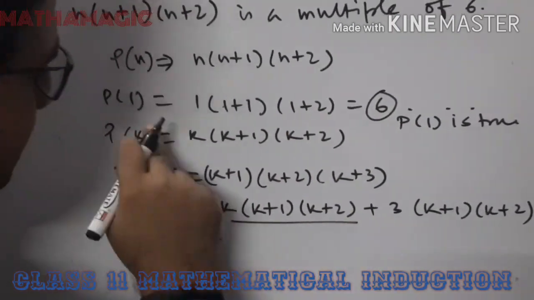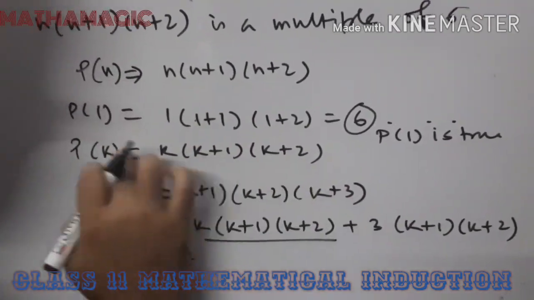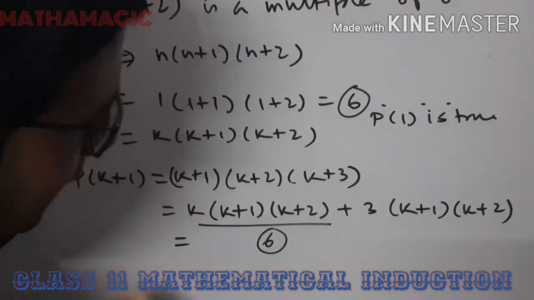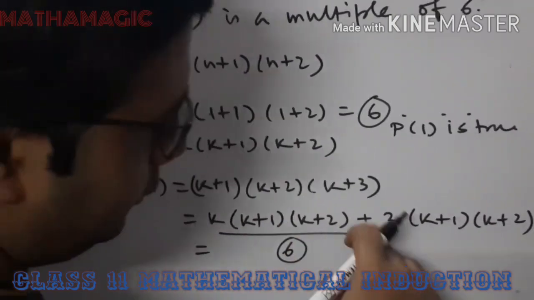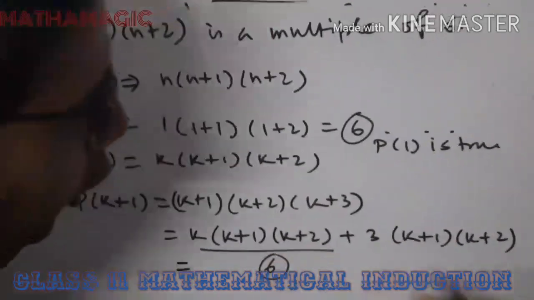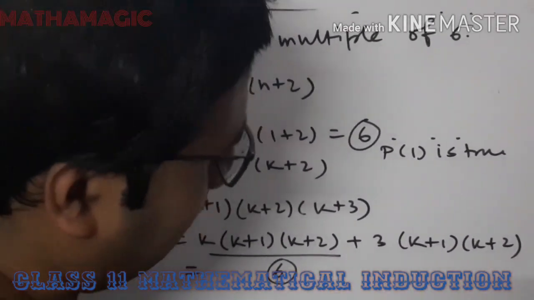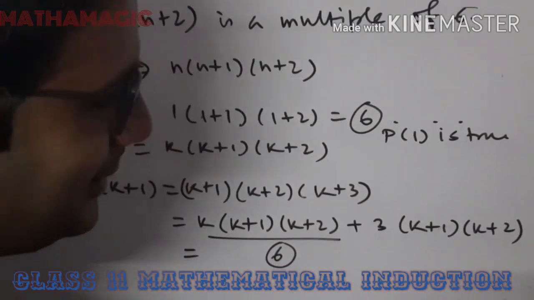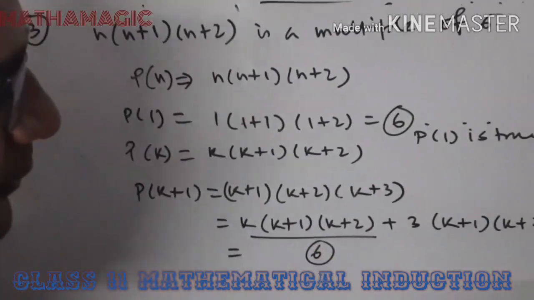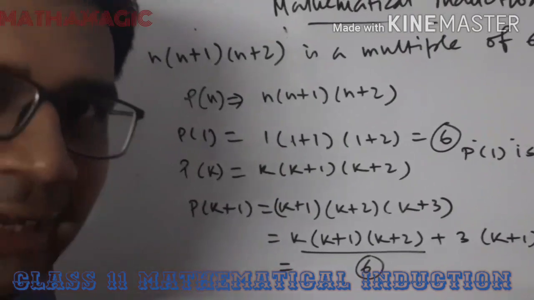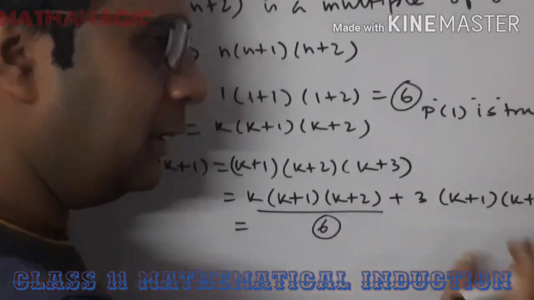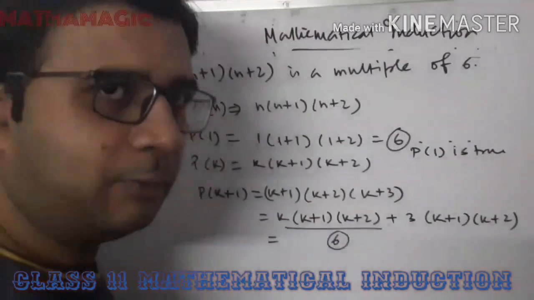So this is the part which is divisible by 6 that we have already seen, because P of k is true. Now if this part is divisible by 6, then what is our responsibility? So our responsibility now is to prove this part is a multiple of 6. So in order to do that, we have to take the help of the concept of consecutive integers. So k plus 1 and k plus 2, definitely these two are consecutive integers, and if they are consecutive integers, then if one is odd, then the other one will be even. If k plus 1 is odd, then k plus 2 will be even, or else if k plus 1 is even, then k plus 2 will be odd.